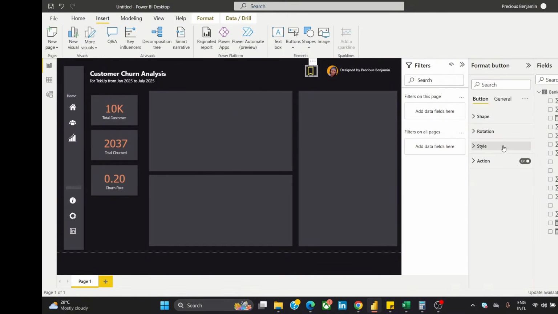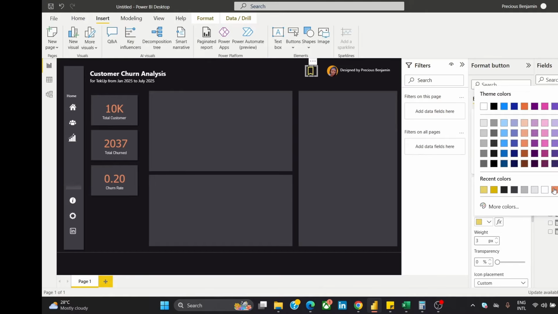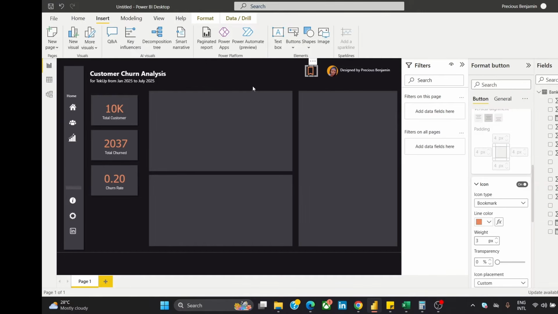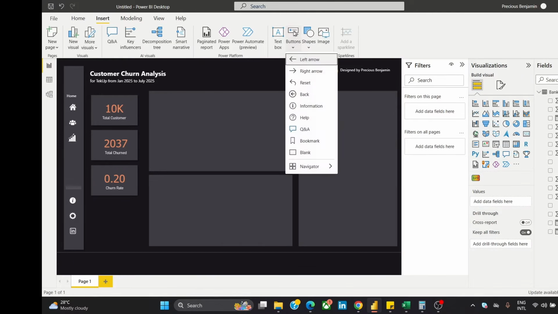It's looking too bright and I think it's messing up the design. Now let's stick to this color. Should we stick to this color? Okay, let's stick to this color for now. We can always change it later. Right? Then I want us to add another button and let's say